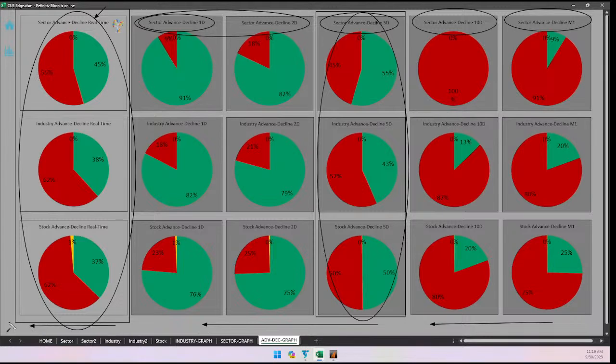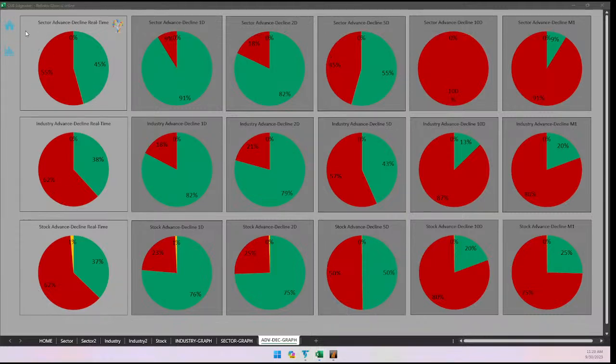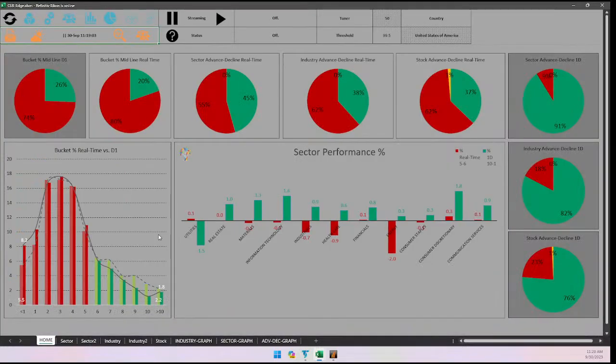If the market goes up next week from sector industry stock breadth also, we'll have a low risk buy point, because we have strength, then weakness, and then if the market goes up, we'll have a low risk buy point from this breadth perspective. If we look at the bucket analysis,